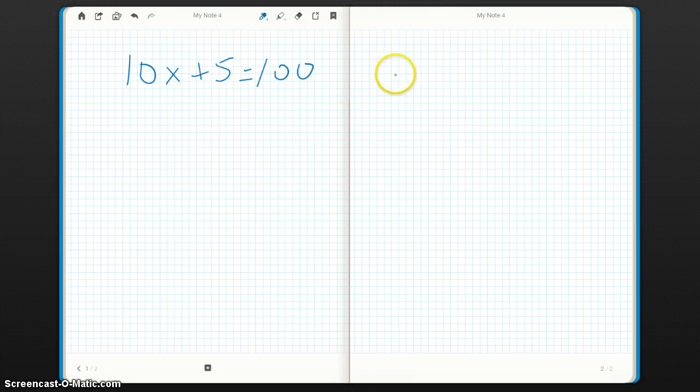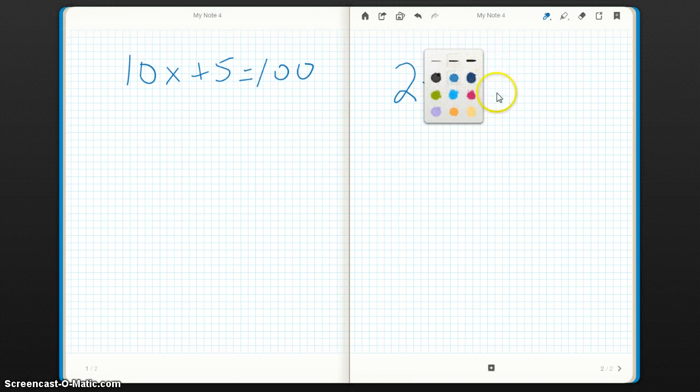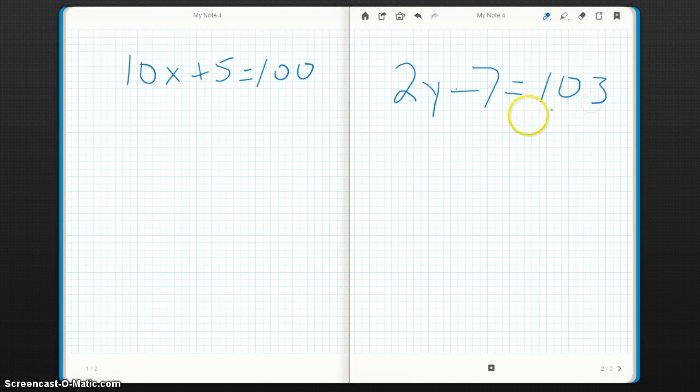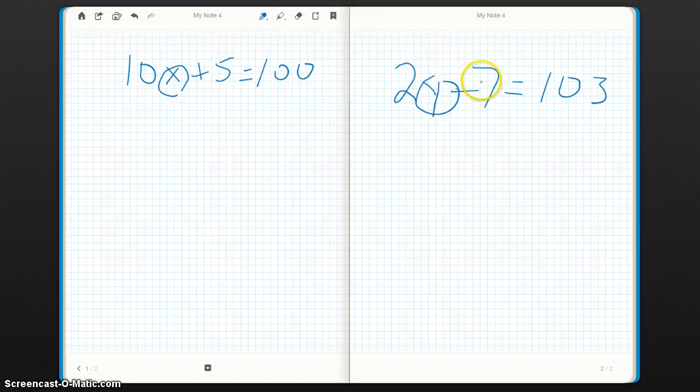And you can go back to your notes, and let's say that there's an example in your notes that you happen to write down, and it talks about, oh, let's throw a curveball in here, y minus 7 is equal to 103. And you're saying, hey, wait a minute, I don't get this. Why is there a y over here and an x over here? And now I'm dealing with minus as opposed to plus,